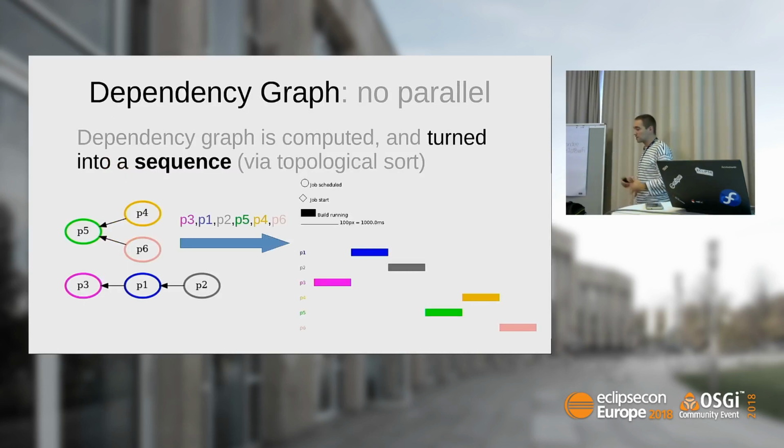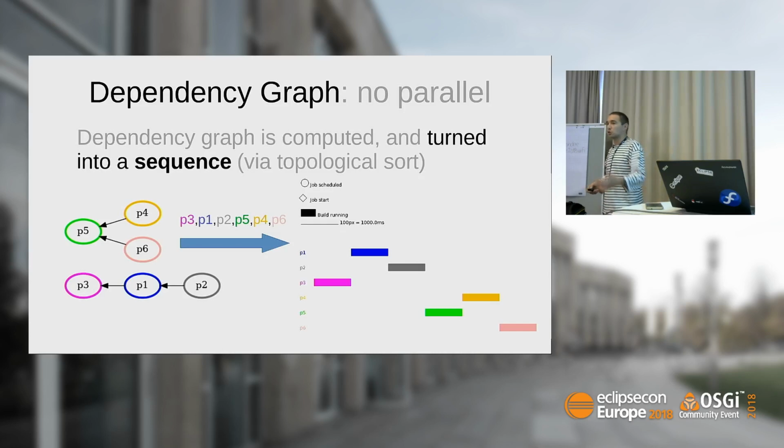Now let's get into more concrete situations. Projects are rarely standalone. You rarely have 6 standalone projects in your workspace. You usually have interdependencies between projects. You have an implementation that depends on an API. You have some tests that depend on the implementation. If you use a sequential build, in the project graph that you see here, the arrow is a reference. So you have to read that P5 depends on nothing and P6 depends on P5, okay?